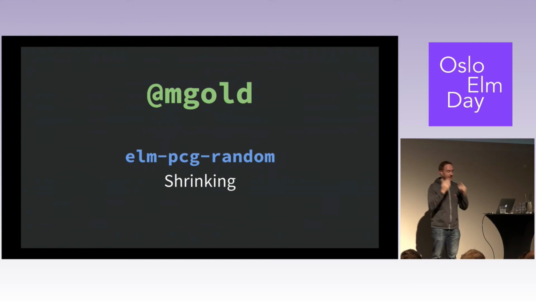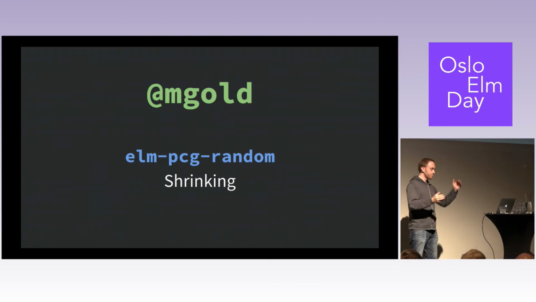I'm so scared. And so basically shrinking says, okay, we found a failure case. Cool. Let's take that and let's try to make it smaller. And there's some definition of smaller for each of these different fuzzers. So for a list of strings, let's try to make the list shorter, with fewer elements, and let's try to make the strings shorter. And it'll rerun a bunch of these, conceptually speaking. I'm hand-waving a little bit here, but conceptually it will rerun the test with these shrunken values until it gets one that passes. And then it'll say, okay, cool, now we know which one fails, the shortest possible thing that will fail